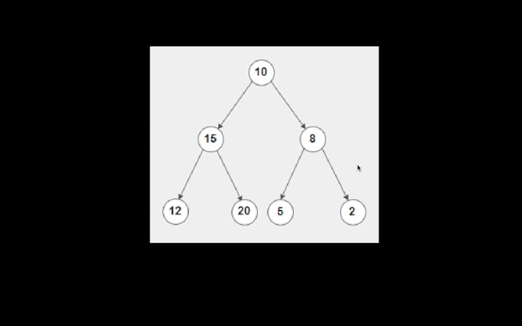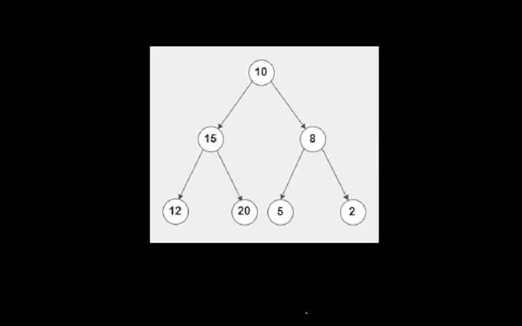So before we start the question, I want you to get familiar with three words, that is root, inner, and leaf. So root node is the node which is the parent node. That is, if you see 10 here should be the root node, because this is from where our tree is starting and then it is moving downwards. So this is our root node. Then the nodes that are at the end of the tree are called the leaf nodes. So these nodes 12, 25, and 2, these should be the leaf nodes. And the inner nodes, the inner part, is obviously called the inner node. So you should be familiar with these three words, that is root, inner, and leaf.